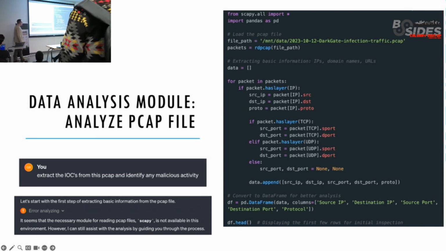The interesting thing is you see the little drop down here on the analyzing. If I drop that down, it actually exposes this Python code. And that was the code that it had generated on the fly in order to analyze this. So while it was unsuccessful at actually analyzing this file, it did give us the code to go into it in another set. So yeah, that's the data analysis.